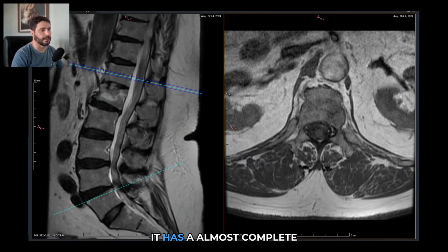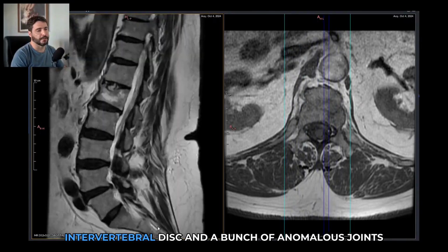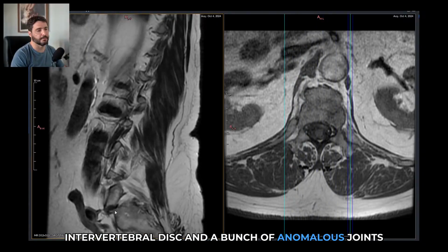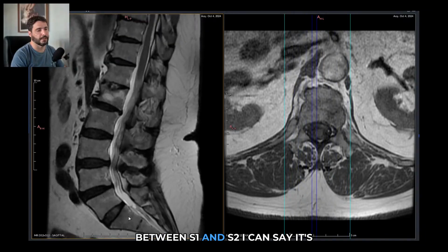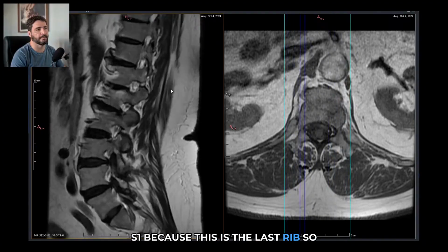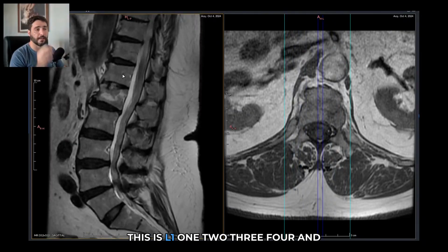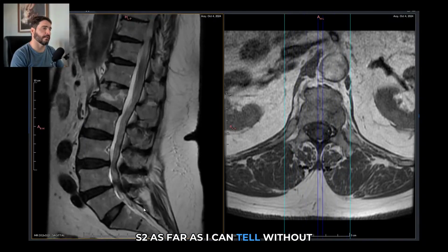It's S1. It has an almost complete intervertebral disc and a bunch of anomalous joints between S1 and S2. I can say it's S1 because this is the last rib. So this is L1. 1, 2, 3, 4, and 5. So this is S1 and this is S2, as far as I can tell without a proper